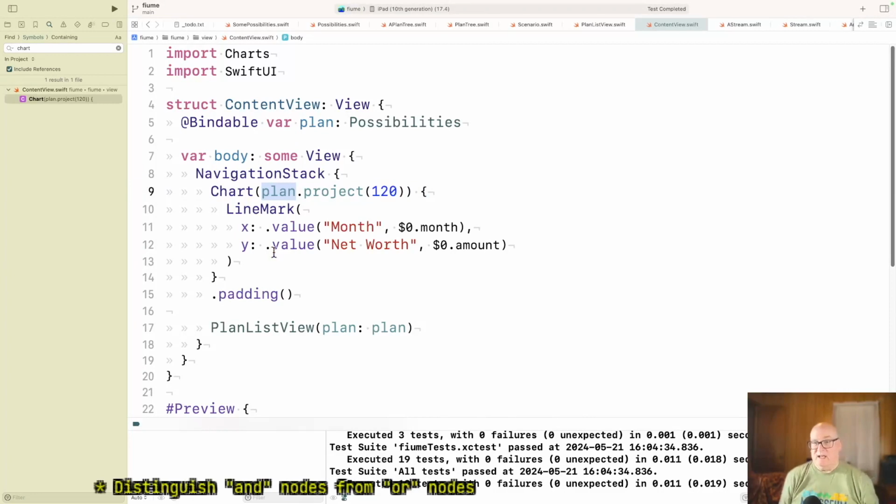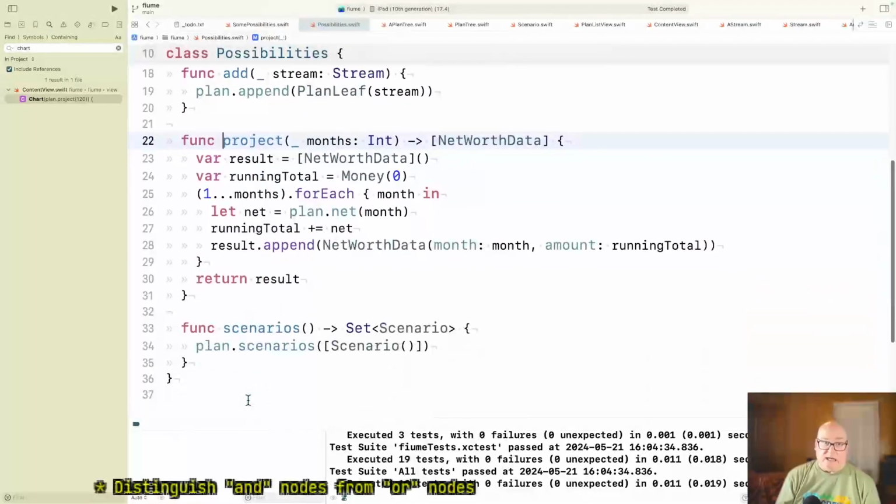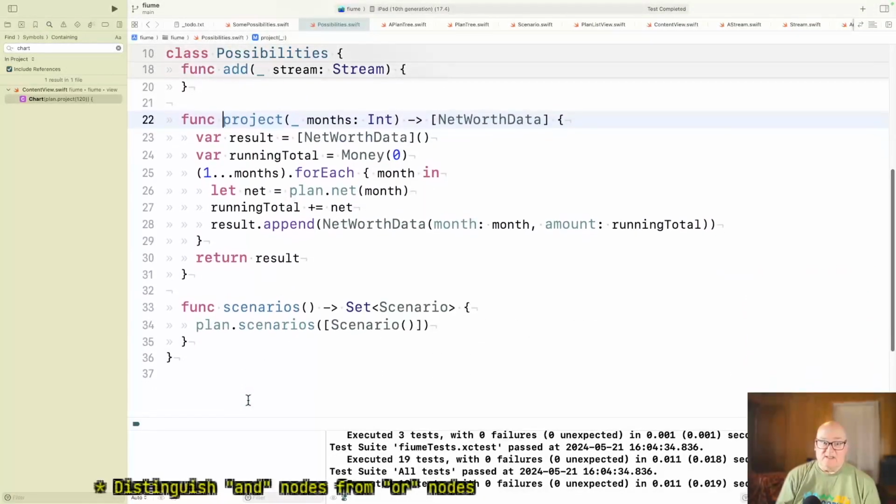Because plan's got possibilities. It doesn't have scenarios. And we want to chart scenarios. For each scenario, generate all the line stuff. And so one thing would be this project function really belongs on sets of scenarios.